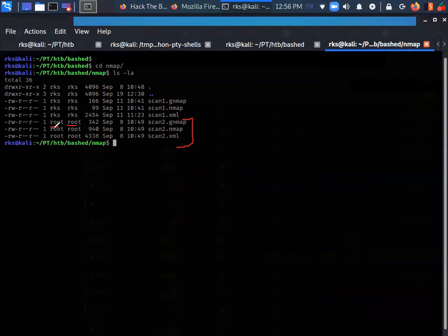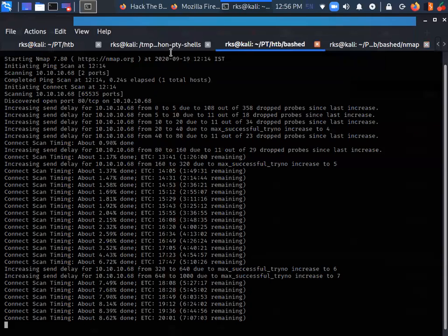Whatever I ran without sudo, it is outputting the user who ran it. I ran nmap without sudo as a normal user, and I ran nmap with sudo. So, root is okay. Let's get back here.